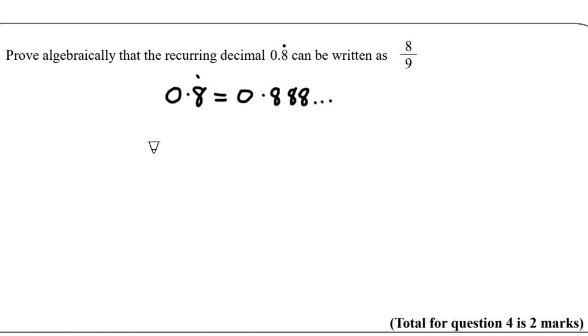And how can we do that? Well, we start off by saying let x be this recurring decimal, 0.8 on and on, and then let us multiply this by 10. So 10x will be